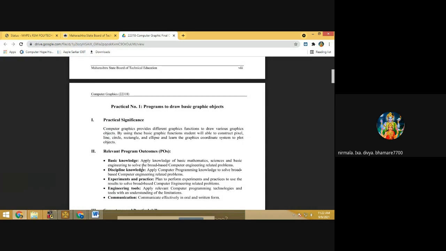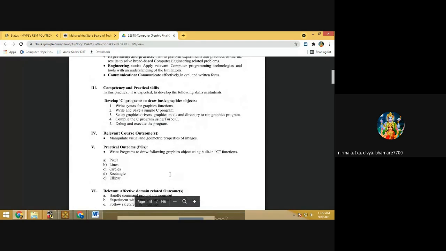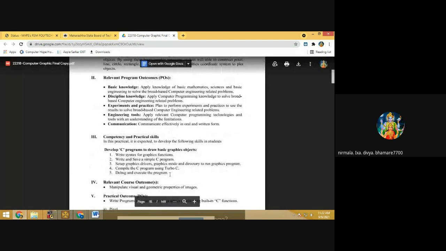Then experiments and practice, plan to perform experiments and practice to use the results to solve broad-based computer engineering related problems. Then engineering tools, apply relevant programming technologies and tools with an understanding of the limitations, and communication, communicate effectively in oral and written form. So these are the basic POs of this experiment.